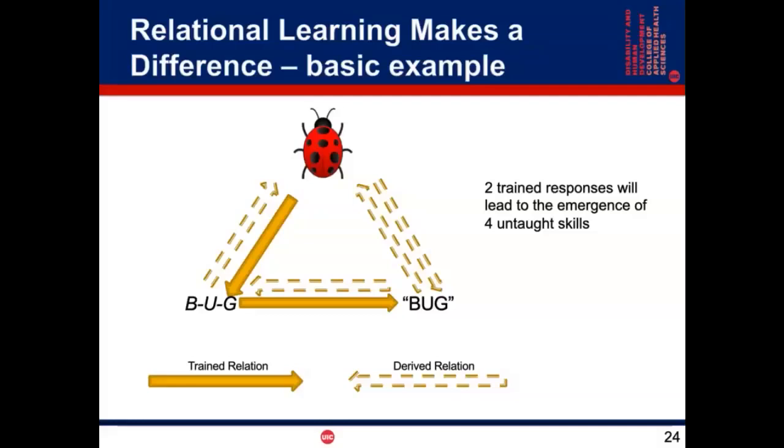That's kind of good because there's a lot of things out there in the world besides frogs and ladybugs that we got to work on. And so why not speed things up 200%? Another thing that's even more important, honestly, is how those dotted arrows, how those derivings or inferencings, how they have an effect on the overall abilities of the people you're working with.